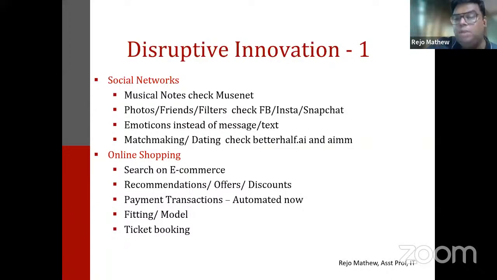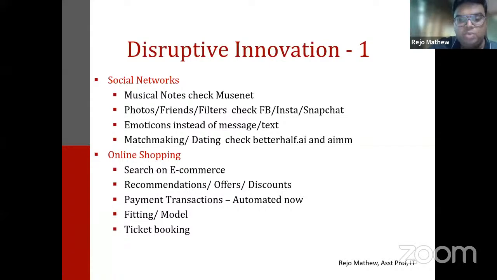And also for matchmaking and dating, there are AI based websites. There is a website called betterhalf.ai, which is an AI based website. Also there is another website, AIMM, so you can check that out. I'm just giving you examples so that you can go and see how AI is used in different fields,